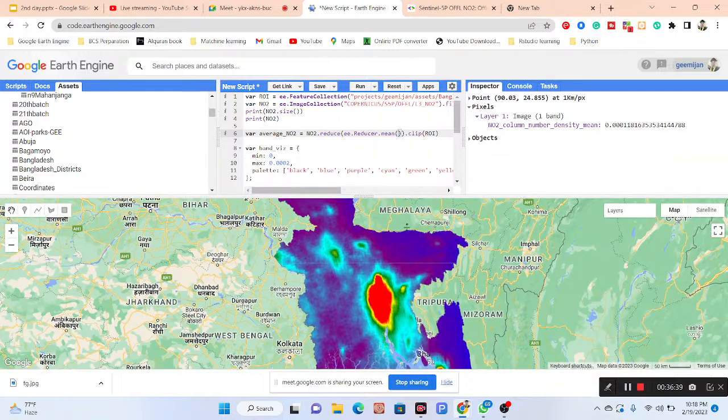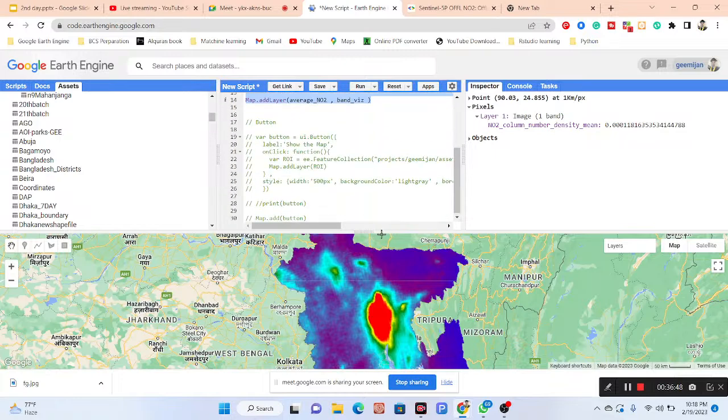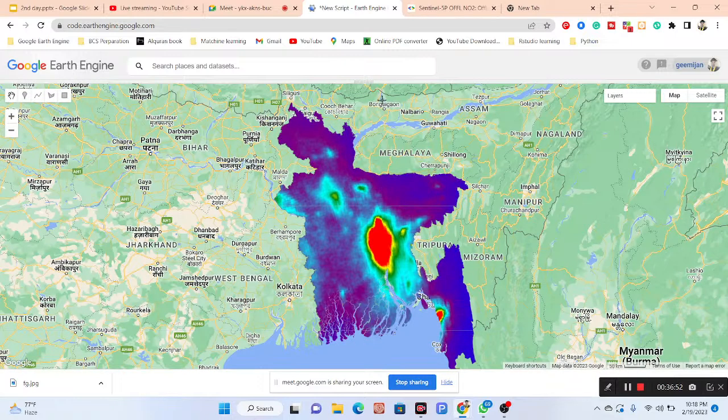So suppose this is my map. This map I want to add to my user interface. Suppose when I make the user interface, anyone can click here and it displays the map. As well, when anyone clicks on this map, it displays the time series chart, showing when the value is high and when the value is low. This type of analysis we can easily connect with